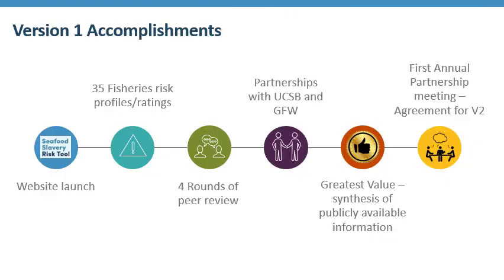The prototype website was launched in February 2018 and includes 35 in-depth risk profiles of fisheries and their associated ratings. The draft risk tool went through 4 rounds of external review by business partners and experts in labor rights in seafood and other industries. We have formed partnerships to share information and intelligence with the University of California, Santa Barbara